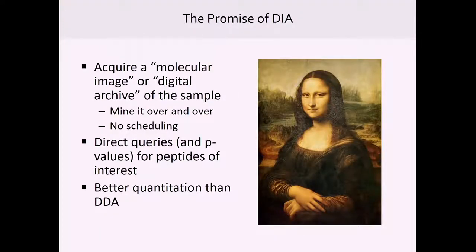So one of the promises of data-independent acquisition is that you collect this molecular image or digital archive of the sample, and you mine it over and over again. There's no scheduling, which tends to be one of the complicating factors of doing a targeted SRM or PRM experiment. You can make direct queries, so you can basically say, do I have evidence of this peptide? And I'll talk about this in a second. You get better quantitation than you do with any MS1-based quant. So while it's not as good as using a narrow isolation window,